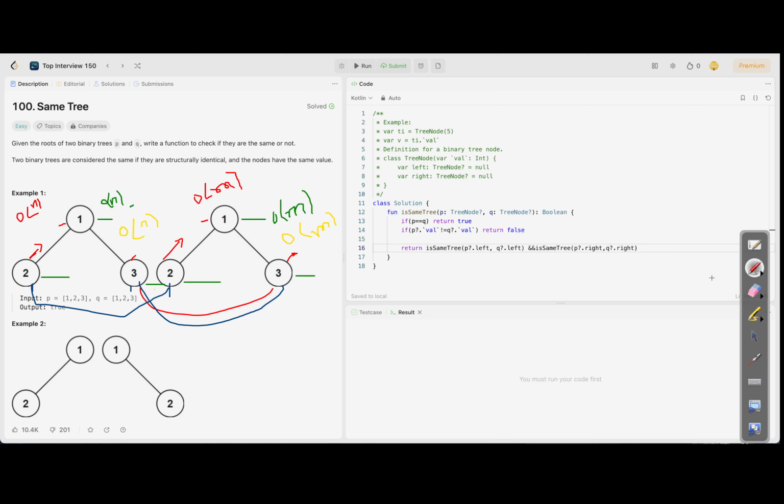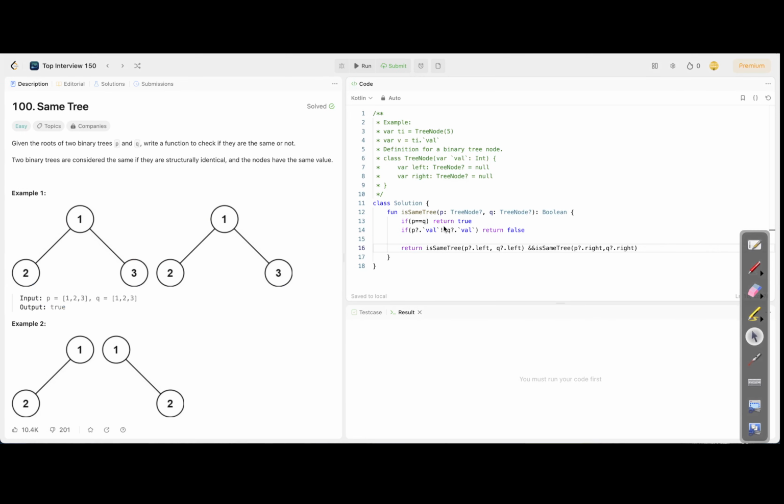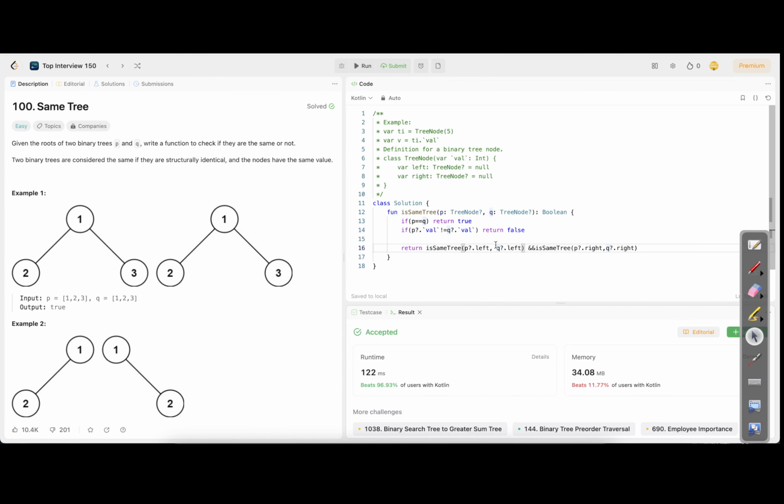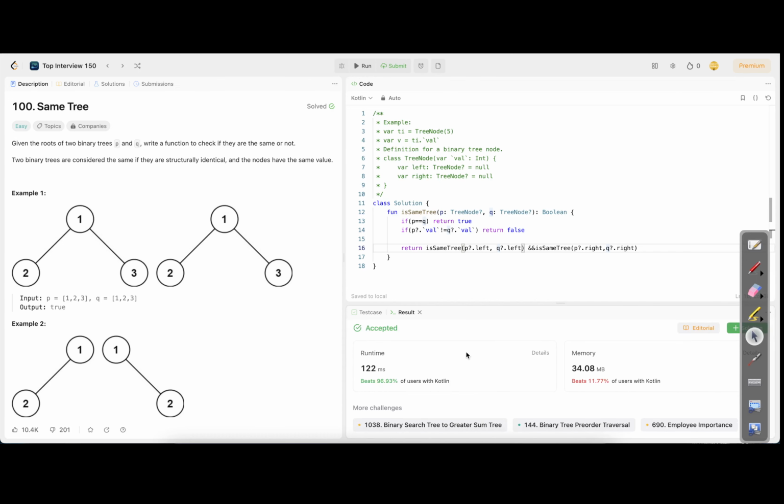Okay, now let's see if there are any syntactical errors. No, right? Now submit this code. Cool, this is a very simple three lines of code. Now let's jump into the